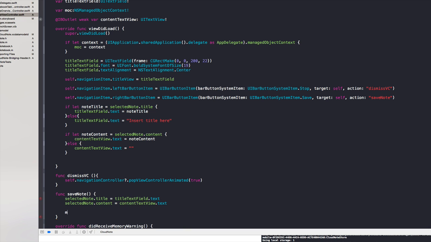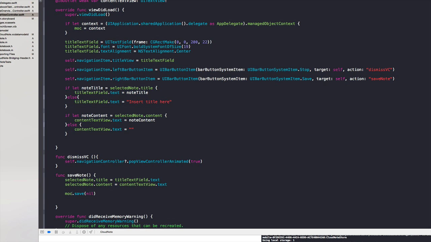And now we'll simply save our managed object context. Again, you could insert an error pointer here, and you could also decide if you want to dismiss the view controller once you have saved the node, or simply let the user tap on the X button, and that should complete our setup. So let's give it a test run, and I will also install it on a second device